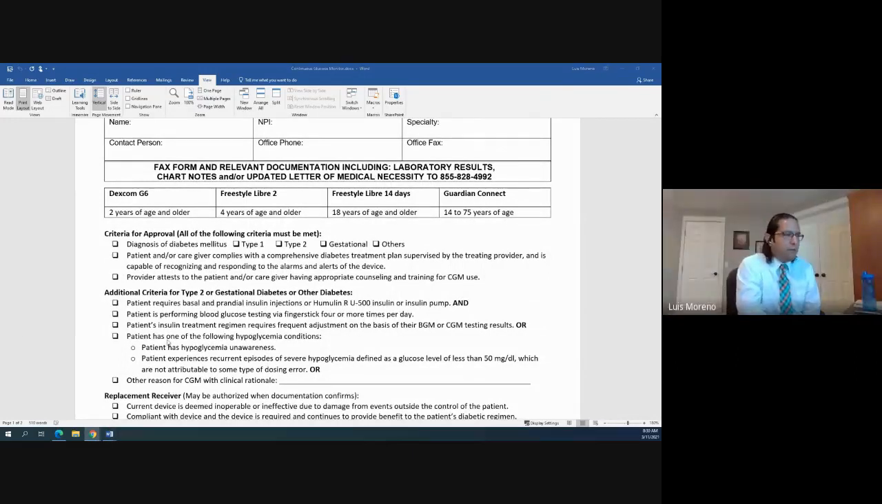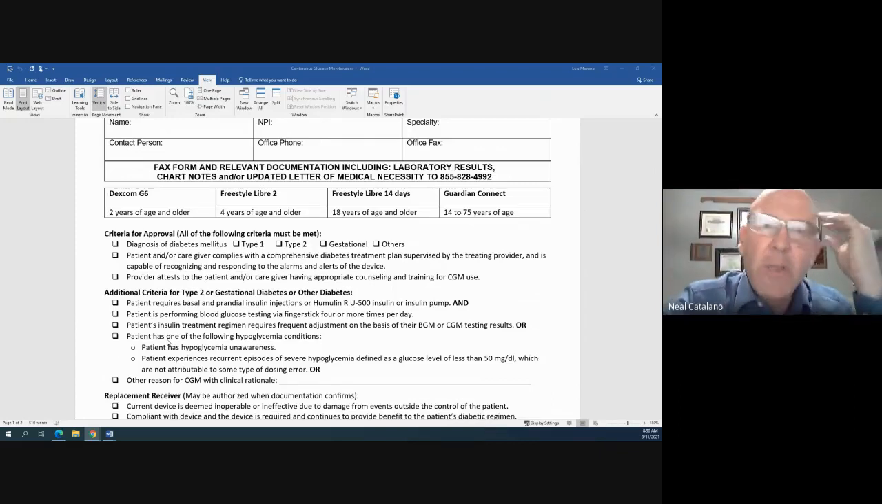The reason why we require basal and prandial is because the guidelines recommend intensive insulin, right? So intensive implies that the patient is on some kind of basal and prandial component type insulin regimen. I was looking at that. I was thinking, maybe I'm wordsmithing here, but